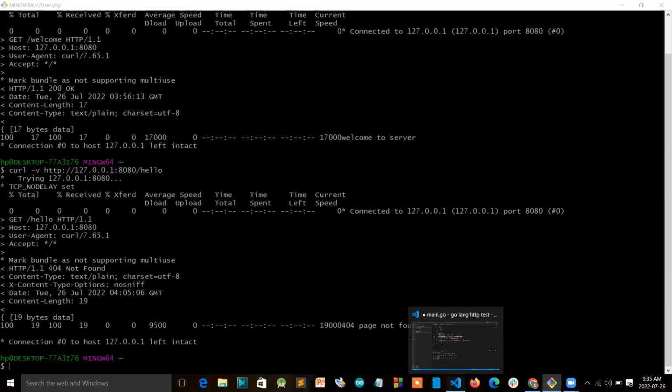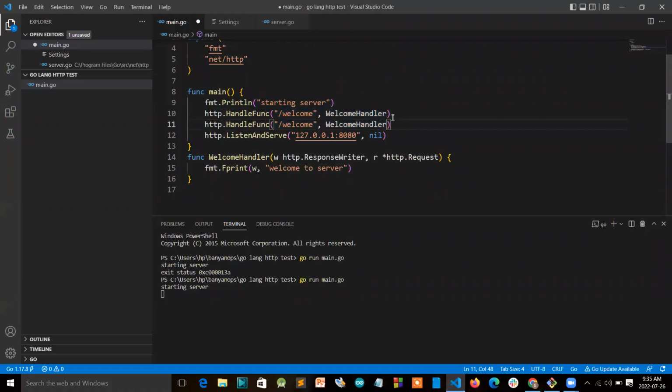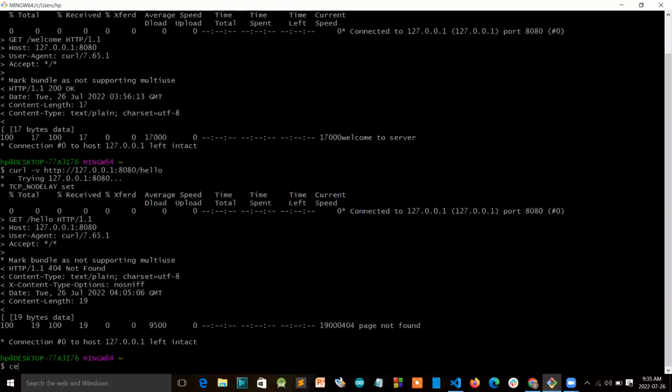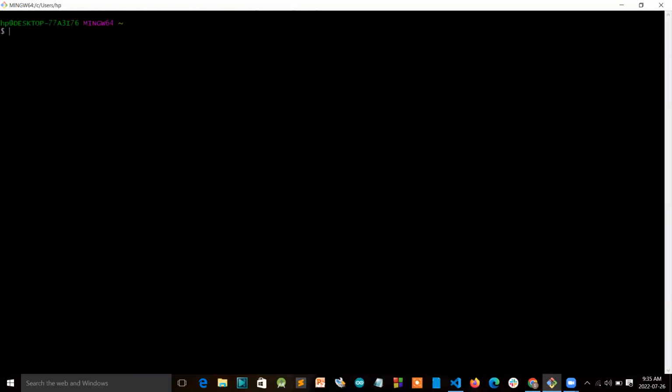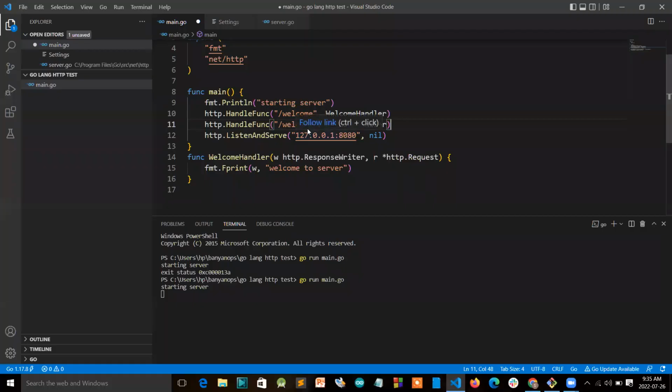What if I want to create a pattern which matches anything on the server? So let me clear the screen and write literally anything here. I want this to return, instead of 404, a generic error message or a generic function saying, hello, welcome to the server. I think you are at the wrong place. So we just pass the slash handler